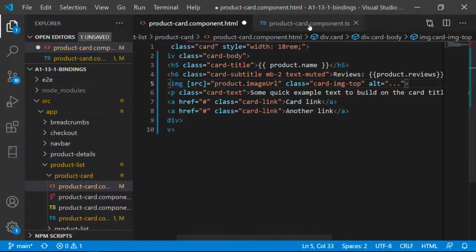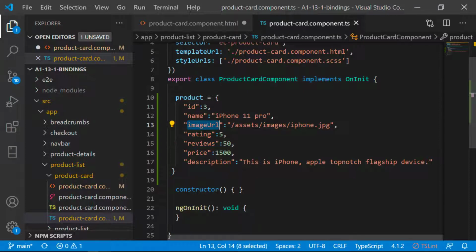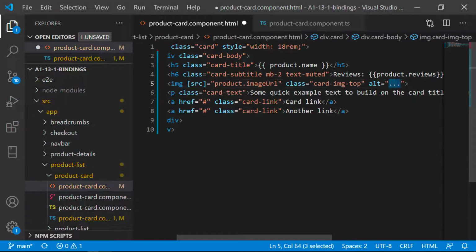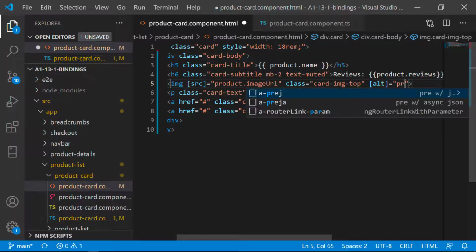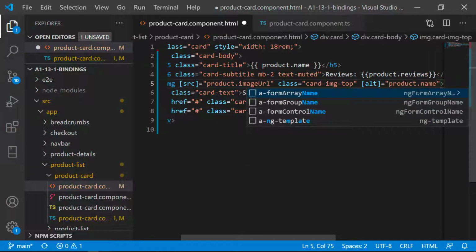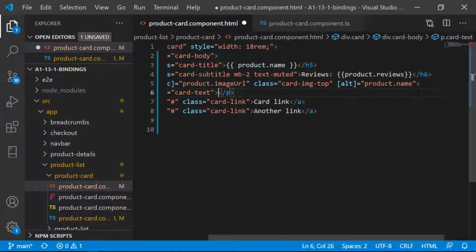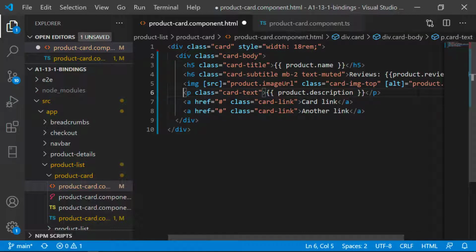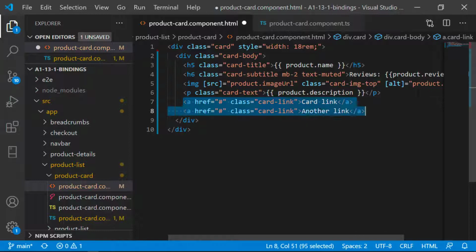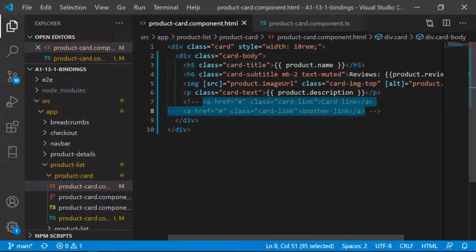Let's cross verify. Yeah, it's imageUrl and we bound that. And what would the alt attribute value be? We can put the name here. That will be product dot name. Awesome. It will be double curly braces, start and end. And for now let's just comment out these two links for a moment, and let's see what appears on the UI.